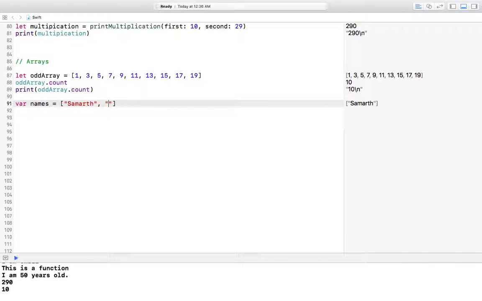Okay, and let's give it some other name also. I think I should give this. Okay,